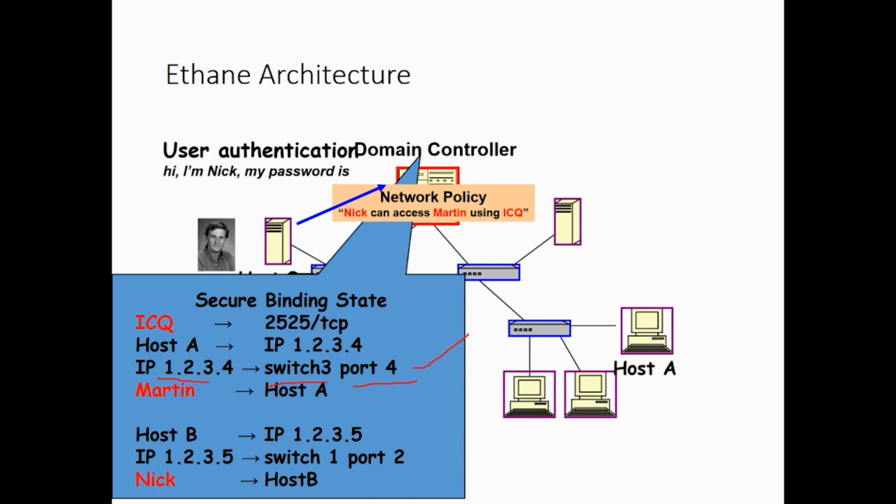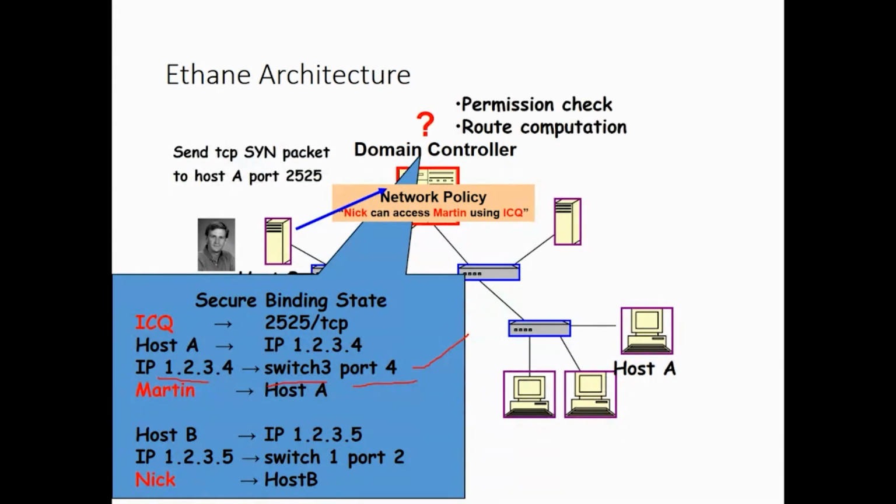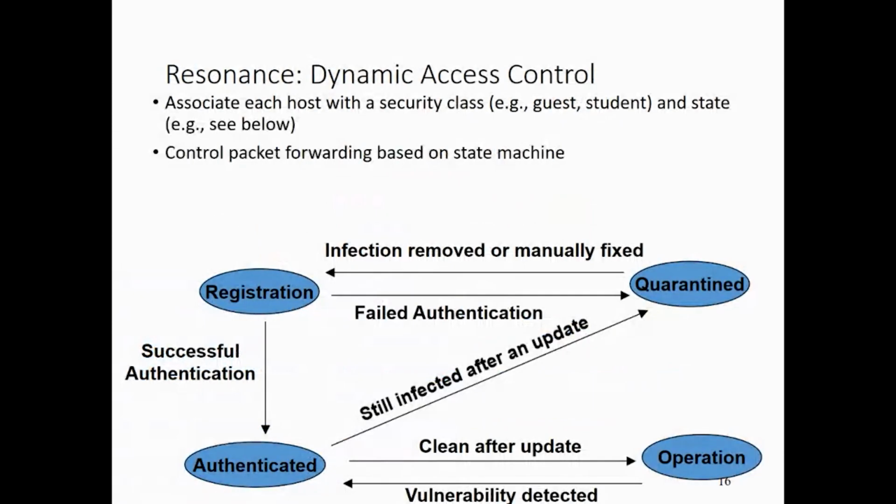Now we know that host B is linked on switch number 1 and port number 2. Afterward, they can use the network to send messages between each other. So this is Ethan architecture, and the other one is the dynamic access control, which basically means,